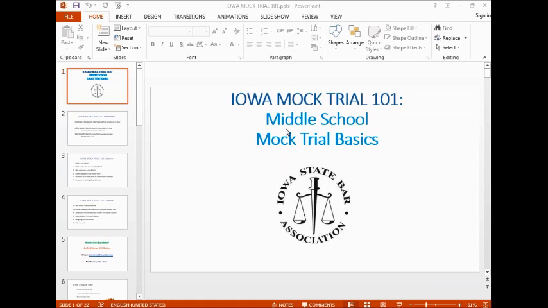So the next main topic is resources for learning the rules of evidence and procedure. The first is going to be the mock trial guide that's on the website. That's been around for a number of years. It's a good basic guide to get you started. So if you have not looked at that already, pull it up off the ISBA website. You know, if you can't find it, John can help you find it. But it's right there on the mock trial website. It should be pretty easy to find.